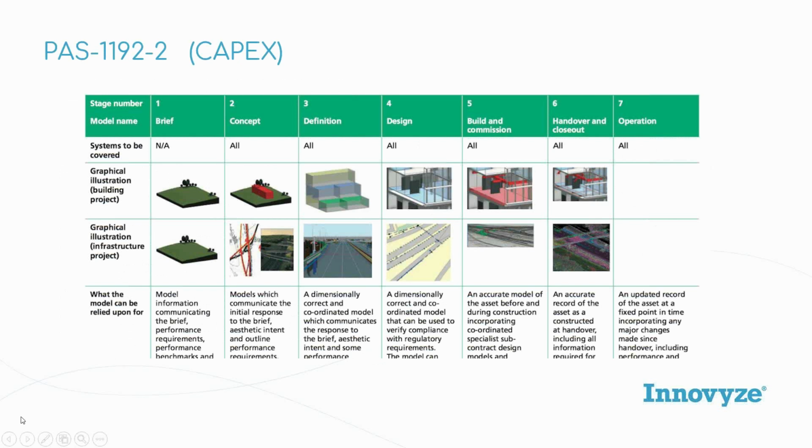So the publicly available specification 1192-2, here's a bunch of these documents. The British have done a really good job with building information modeling, or BIM, in helping define how they want projects delivered in the UK. And this